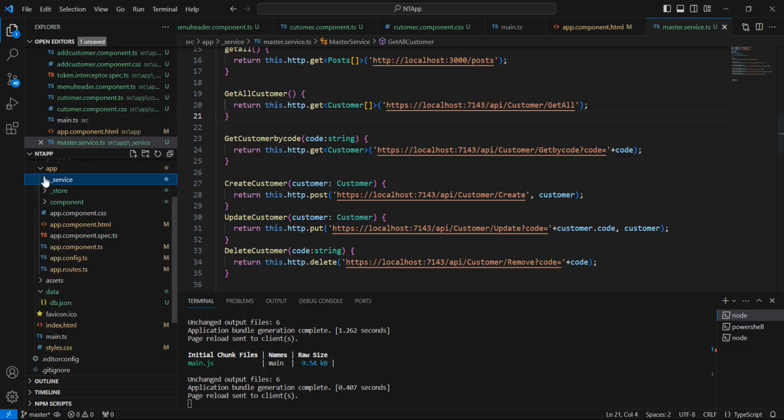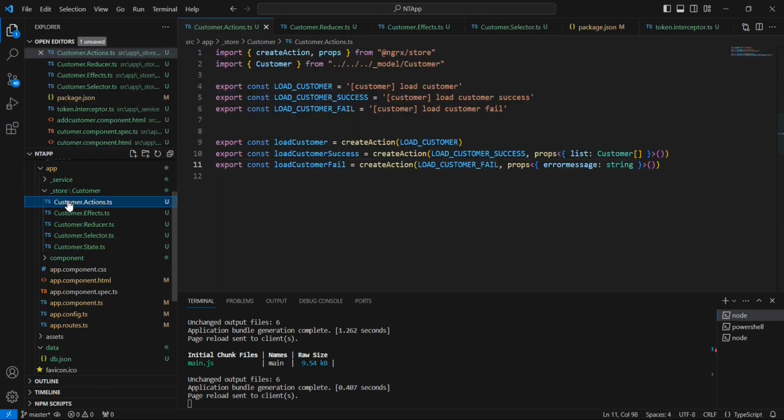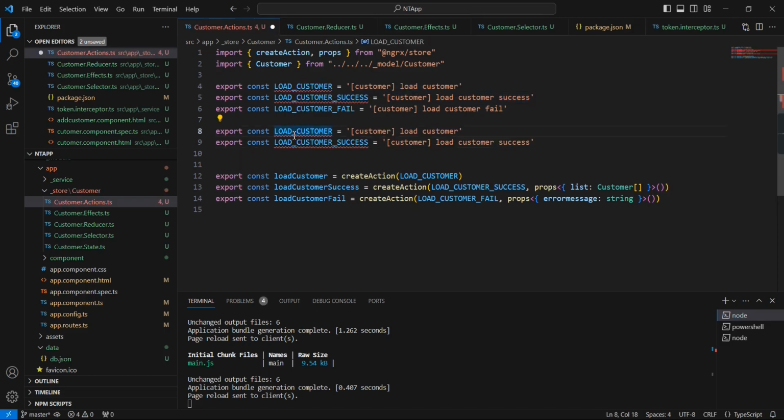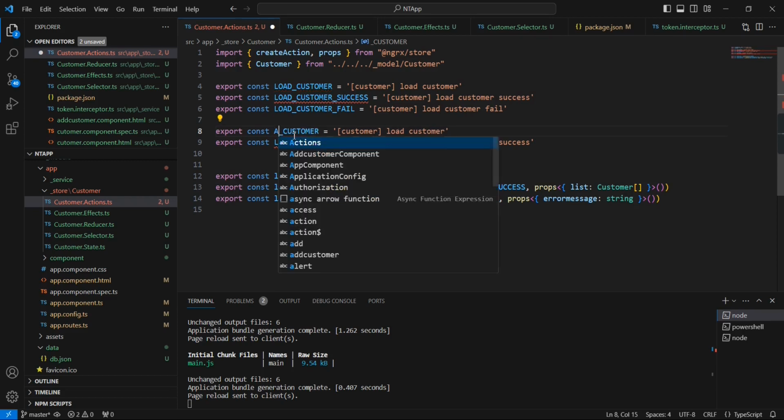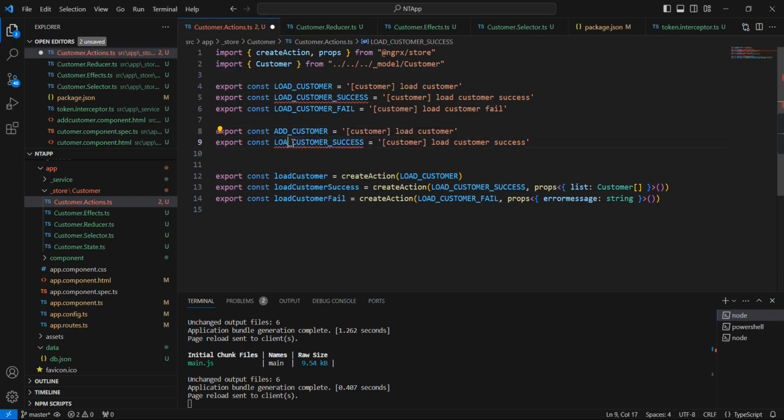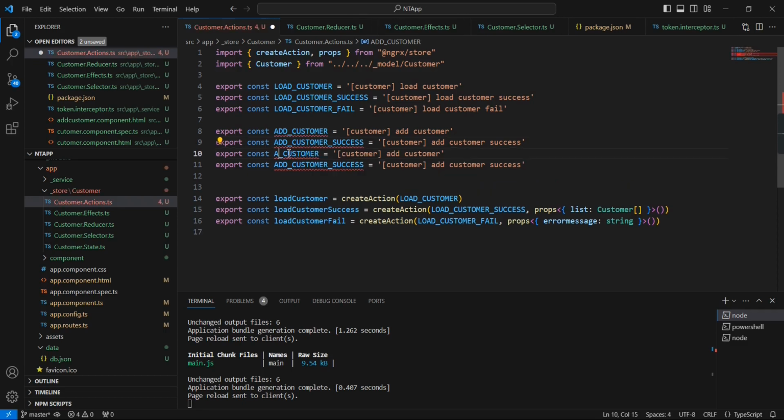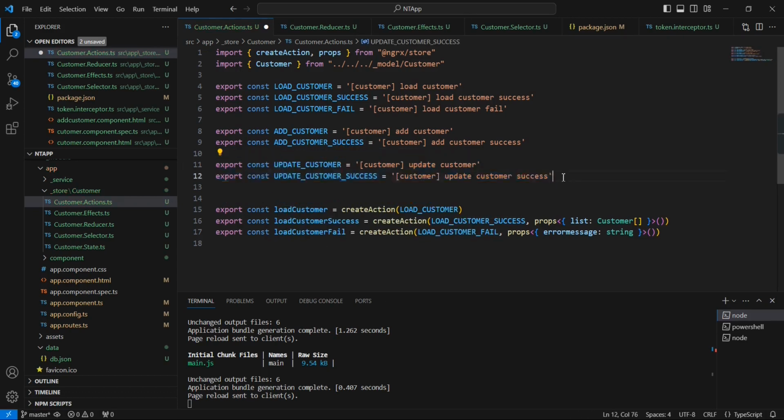Next we can work for the NGRX. So in this store already we created the files. So we can start from these actions. So in this action, we can create the actions for this create, update and delete. So the same way, first we can declare these constant variables. So instead of the load, we can say this is for add, for the update, and finally for the delete. Okay,